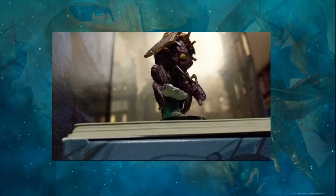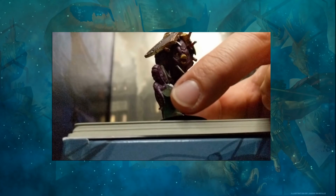Ooh, I like this guy too. This one might show up really, really cool on this specific cam. So let's show it off for y'all in this way. Ready? 1, 2, 3. It's a Morkoth! That's right. He's got all of the items upon him,